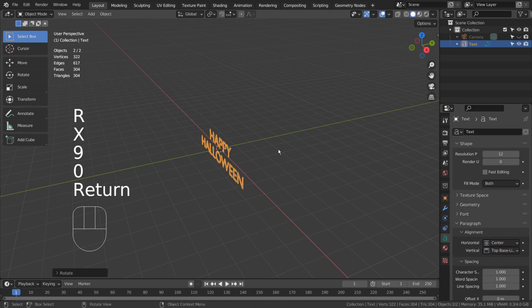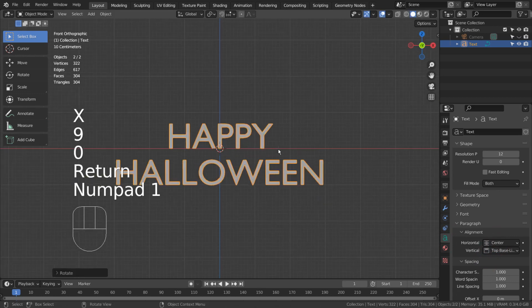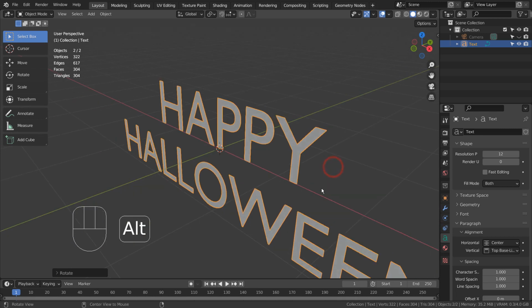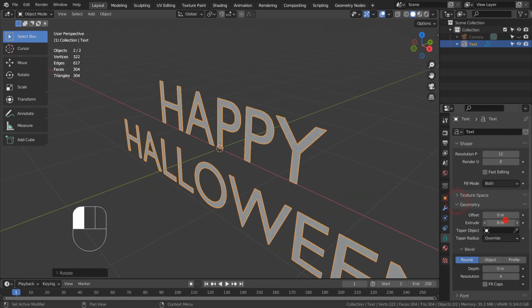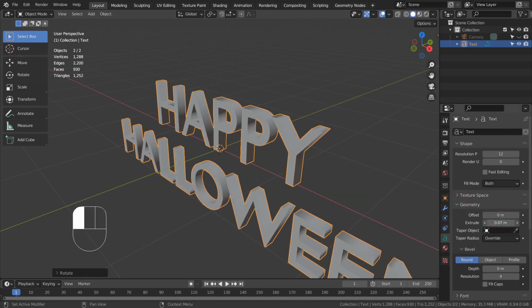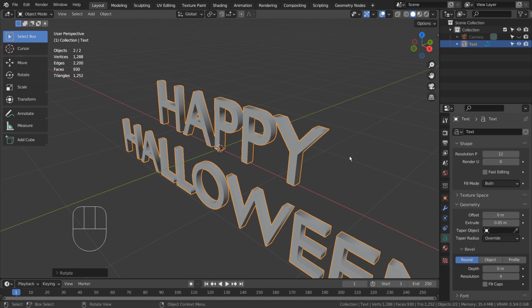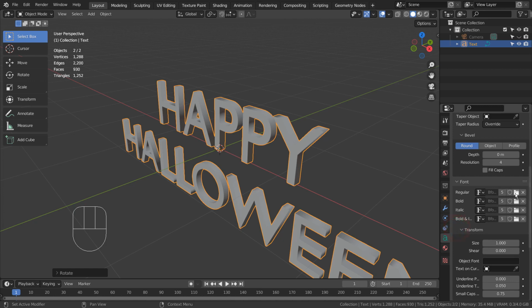R, X, and 90, to rotate the mesh 90 degrees on the X axis. I'll use a random font.